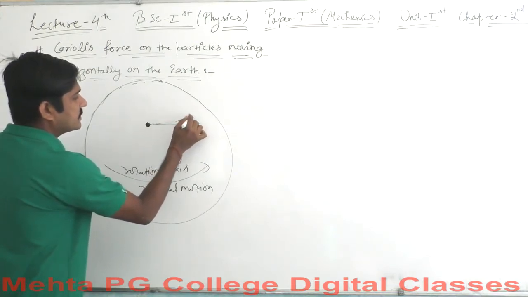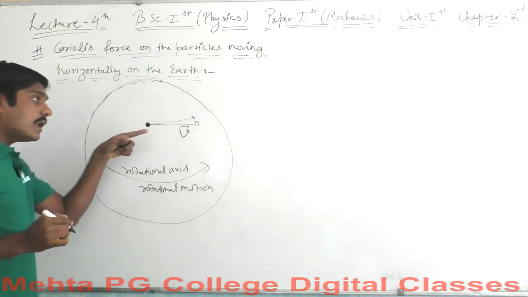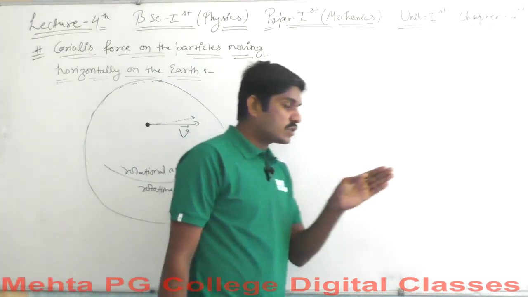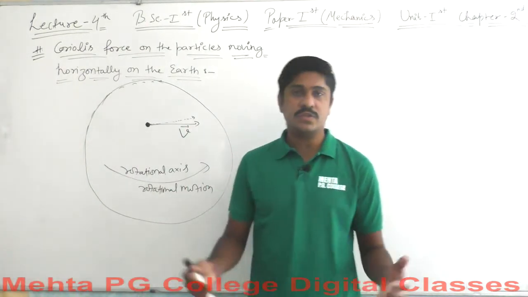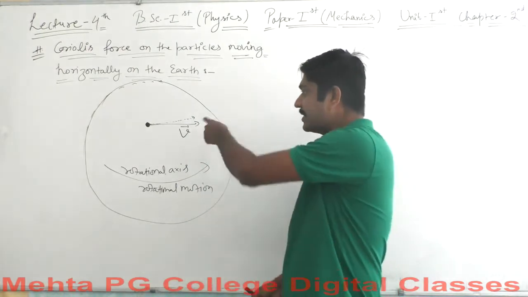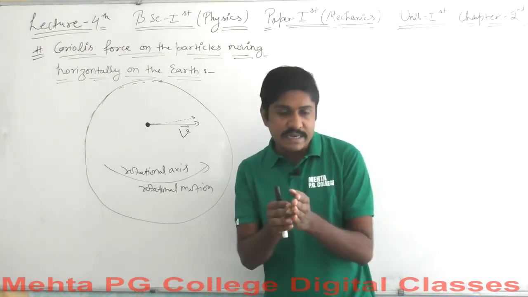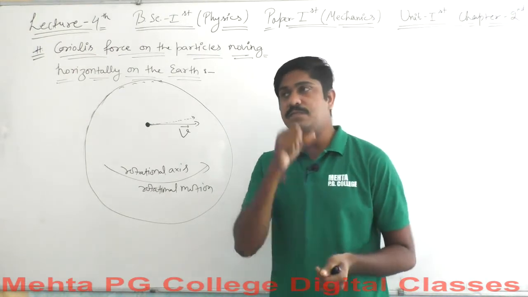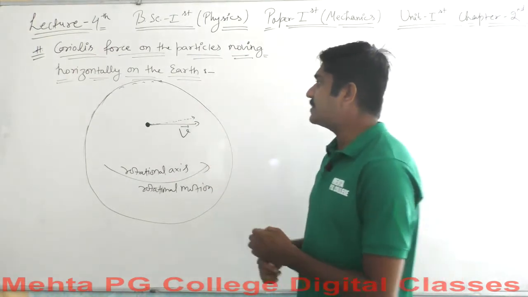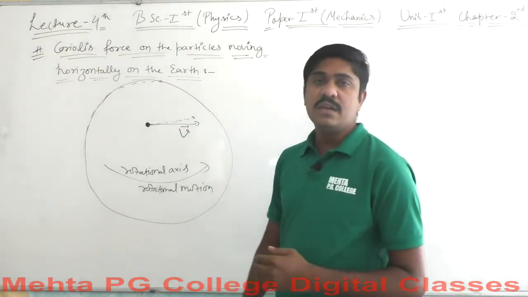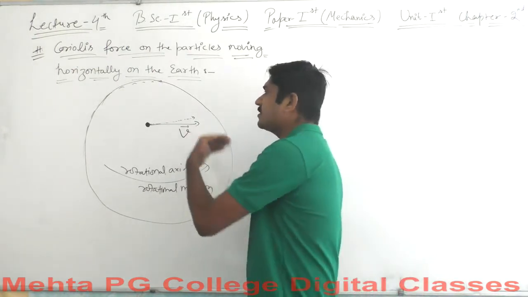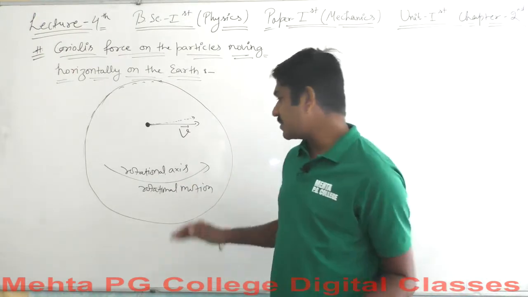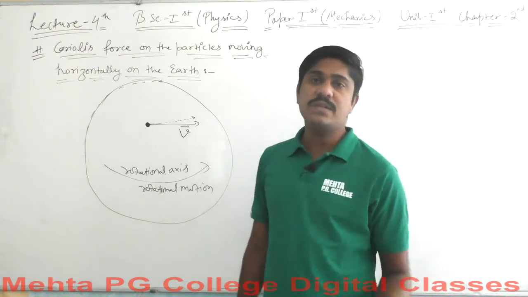Let's say this is the curve here, and this all happens in actual practice. You are supposed to go straight, but you are not going straight there. You will get a certain displacement. According to this axial representation, if you are in the northern hemisphere, you will feel a certain displacement towards the north, and if you are in the southern hemisphere, you will feel a certain displacement towards the south.